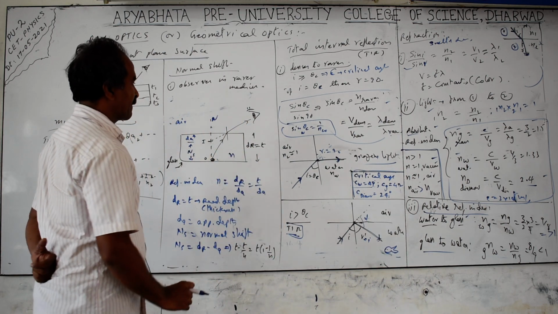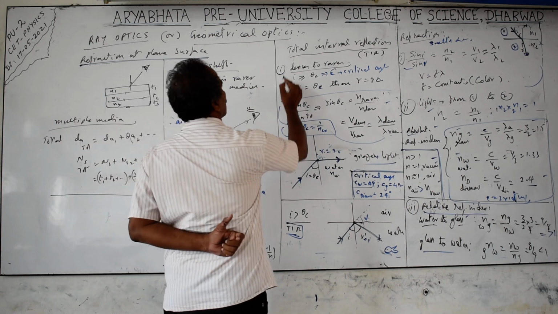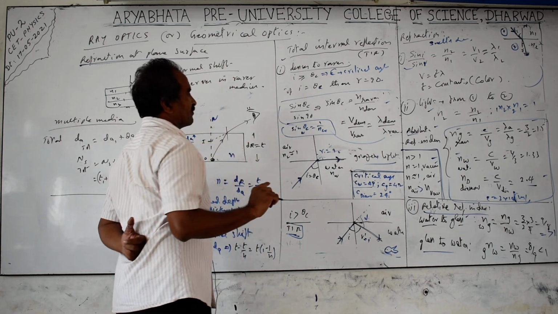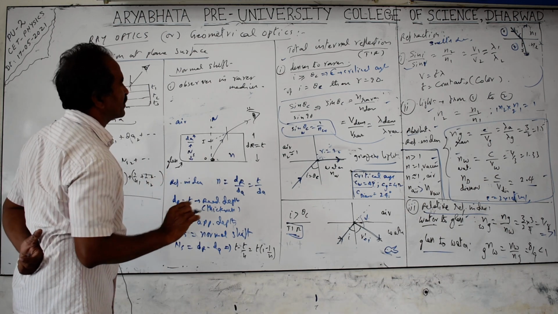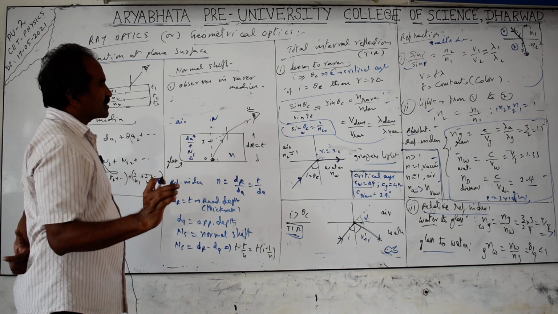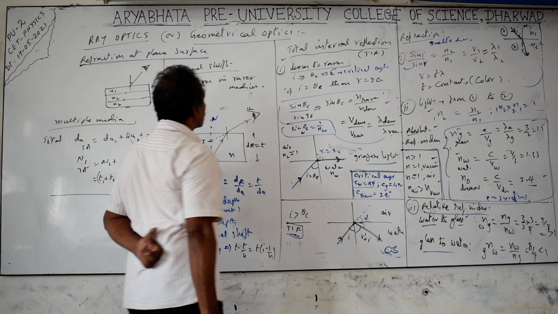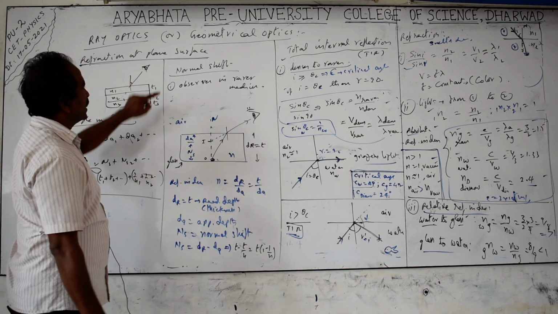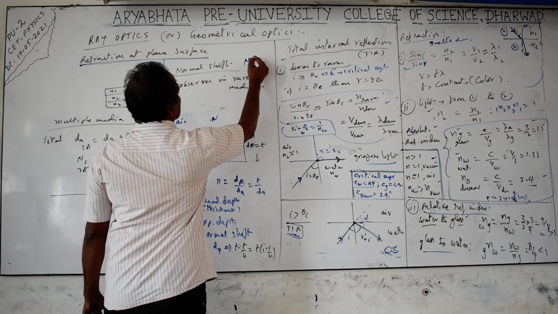Next is something else I have to discuss here: applications of total internal reflection. While discussing the numericals in the textbook problems, I will discuss these applications of total reflection, like optical fibers, and the glittering of the diamond and the dew. Other applications I will discuss next class. Next point is normal shift. The symbol we take is NS.